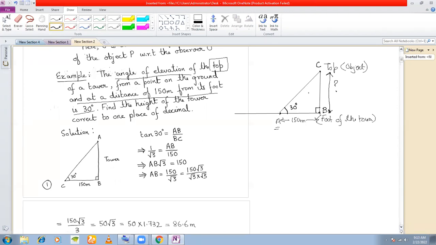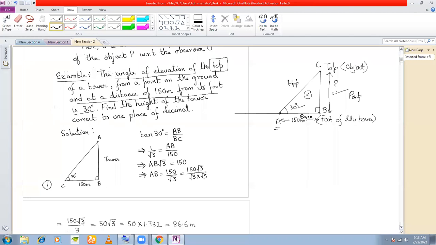Now, if you see in this right angle triangle, you know this angle, right? If you know this angle, then what is this length? This must be our perpendicular, and this becomes our base, and this becomes our hypotenuse, right? Just opposite to the angle will be the perpendicular. That is what we had discussed in class 9.